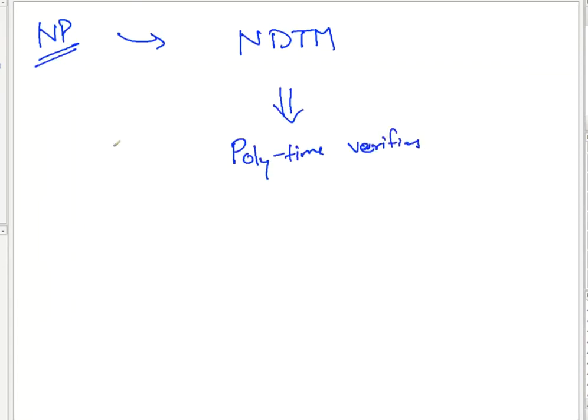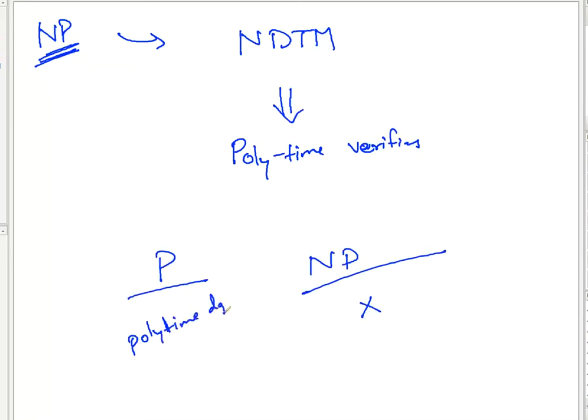And always remember this about NP: in many interviews you will be asked about P and NP, and the question will be what is P? You will say polynomial time algorithms. When someone suddenly asks what is NP, you will say non-polynomial time algorithm, but that answer is incorrect. P is certainly a polynomial time algorithm, because you are talking about polynomial time Turing machines, but NP is not that.